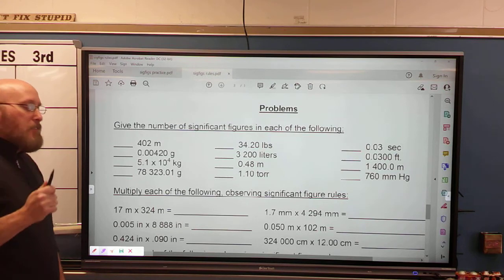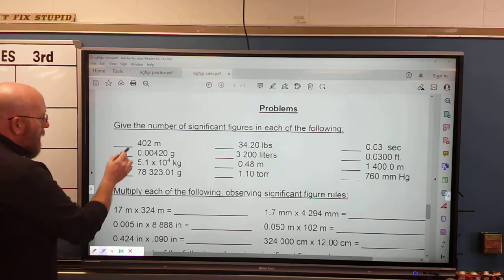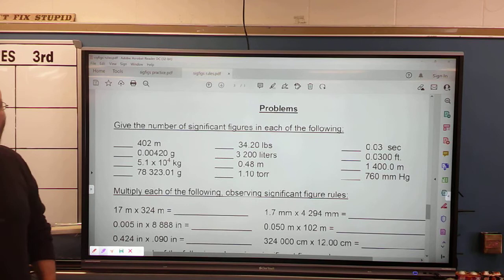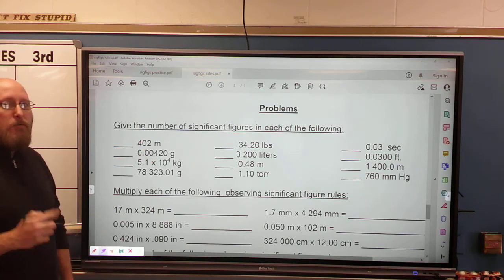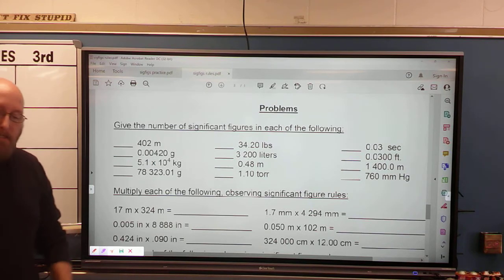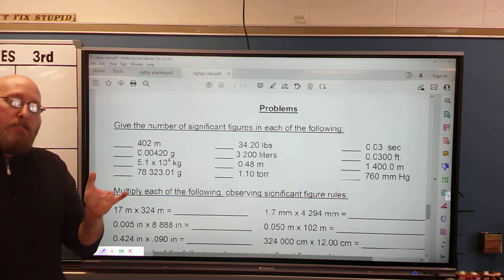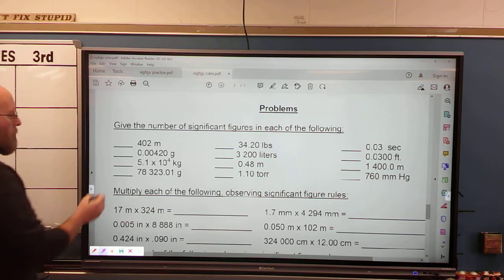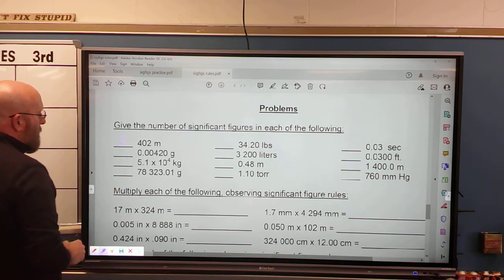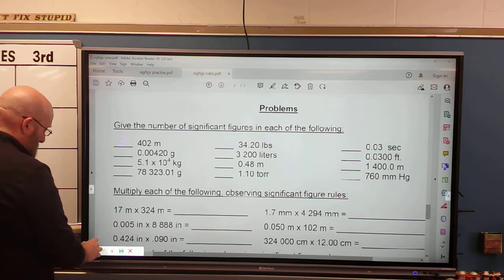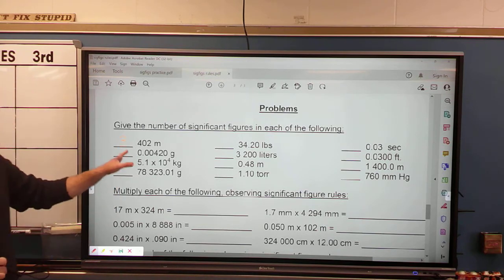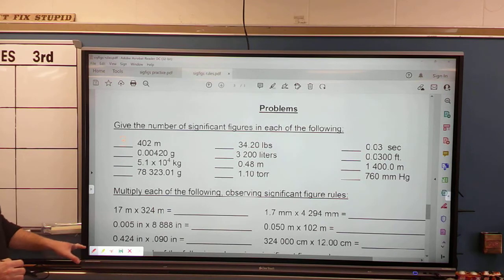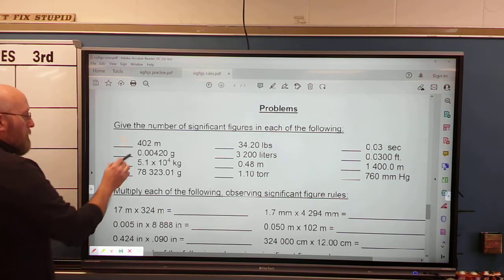Okay. How many significant figures are there? Well, obviously the 4 and the 2 are significant because they're non-zeros. There is one 0 right here, this 0 between the 4 and the 2. Now remember, it is a 0 that is captive, right? It's between two non-zeros, so it counts. So this first one has 3 significant figures, okay? Pretty straightforward, isn't it? Okay. The next one is